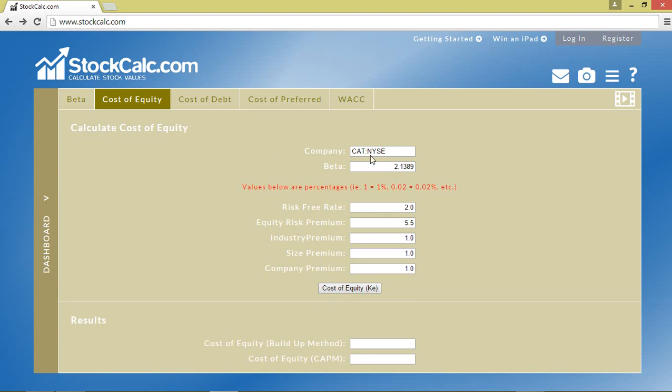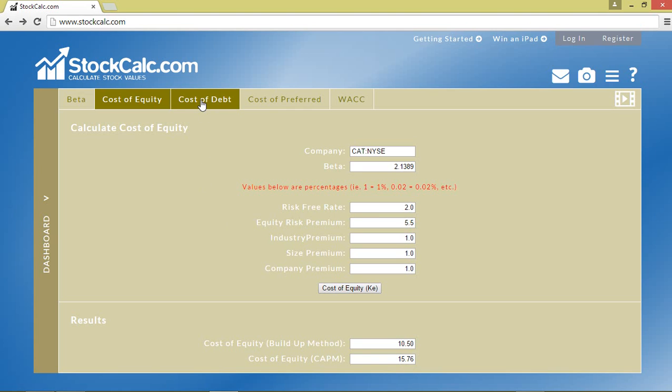The cost of equity is the real cost to a company for raising capital on the public markets. There are a number of rate premiums that are built into the cost of equity. We will accept these and run the cost of equity calculation. We see that we can do a build-up method or a capital asset pricing model method, which we will use